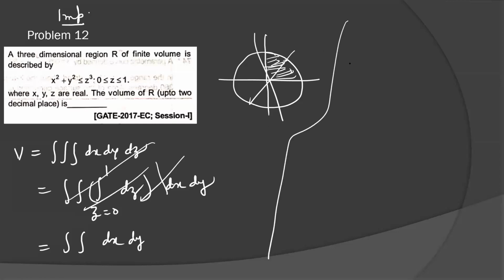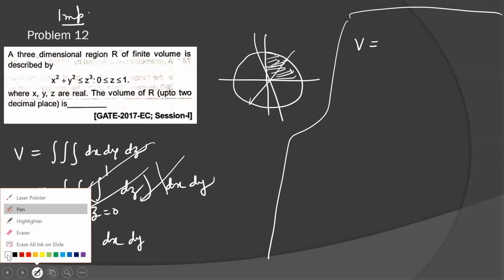So what is the best method to solve this problem? We can apply the Cartesian, but we have to think a little bit differently. So firstly, I am trying to find the volume using cylindrical coordinates. Cylindrical coordinates will give you a very smart answer for this question, and they are quite useful. What are the cylindrical coordinates? Rho, d rho, d phi, dz. I told you this is the volume element in today's lecture only. What is the value of z here? Z is from 0 to 1. So there is no problem.